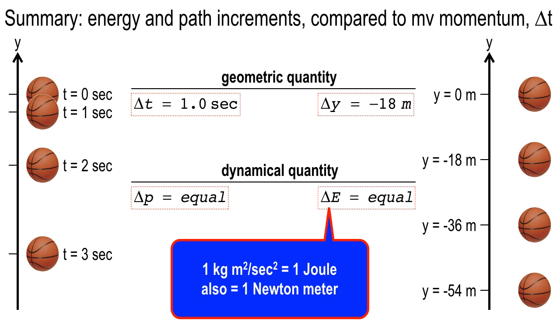And that does have a name. It's called a joule, after an English scientist named James Prescott Joule, who was a pretty smart guy. It is also equivalent to a Newton meter because it's a force times the displacement. So Newton meter, kilogram meter squared per second squared, or joule. All three of those are valid descriptions for the units of energy, no matter what kind of energy you've got.